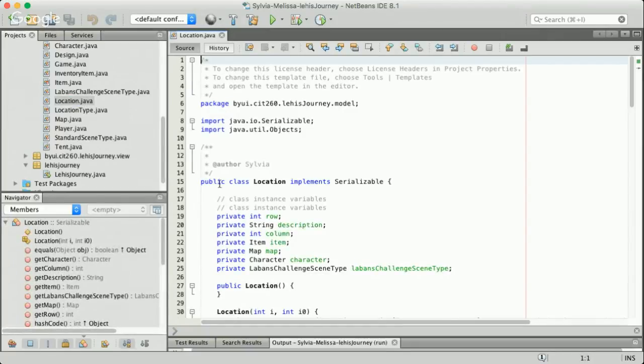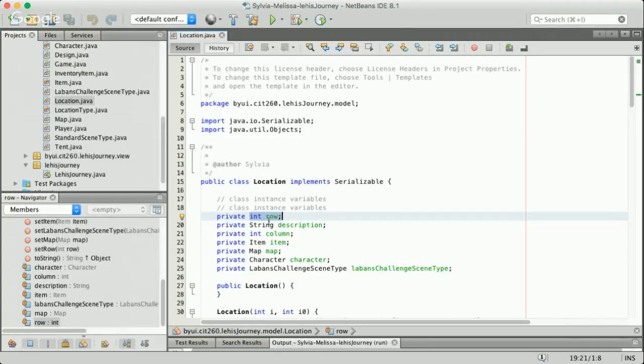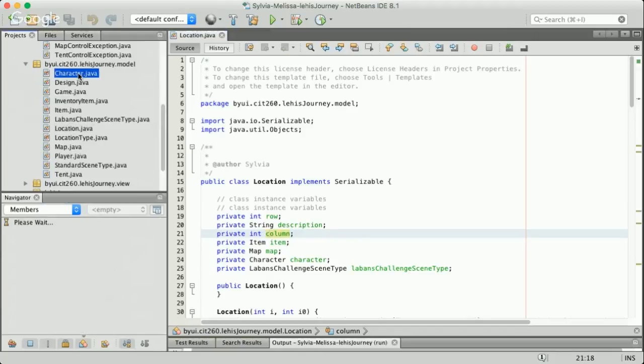And for the non-static instance, I thought of the row and the column. In this class, these are the only times that you're going to see these because they only pertain to this class. And then for static,